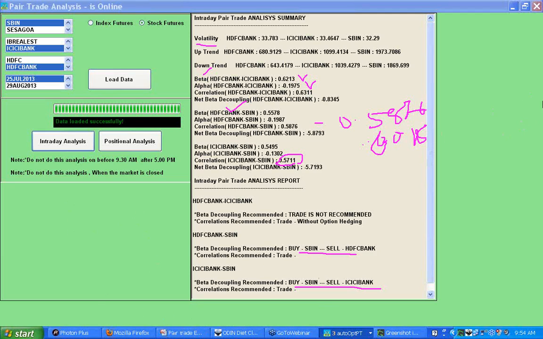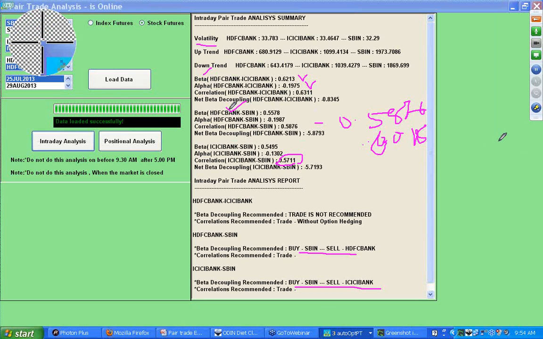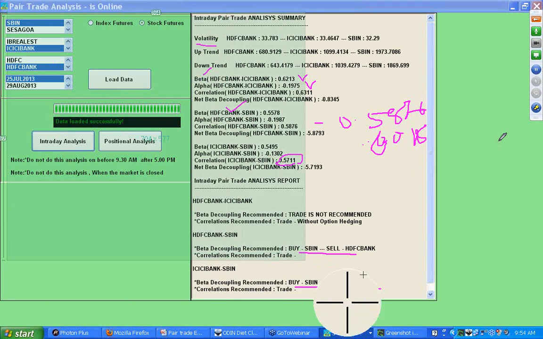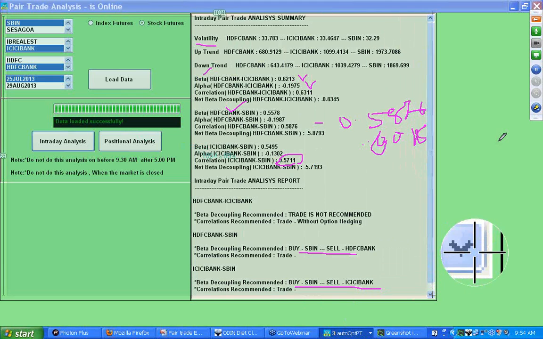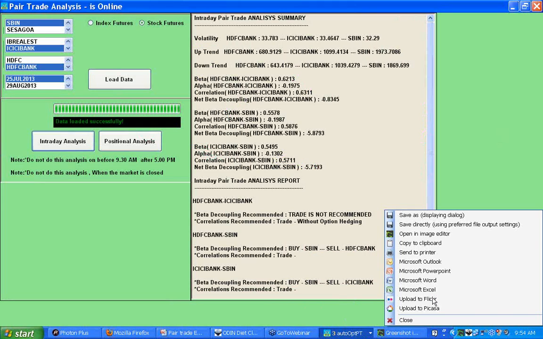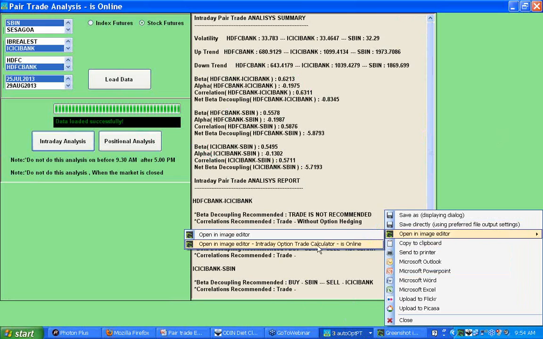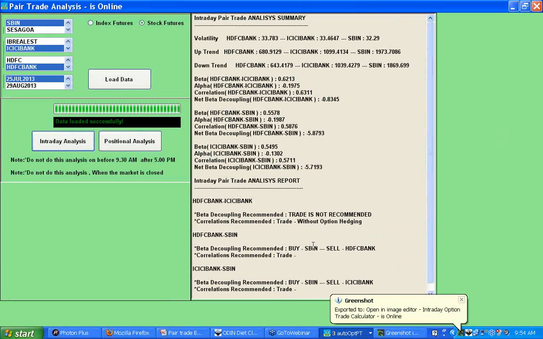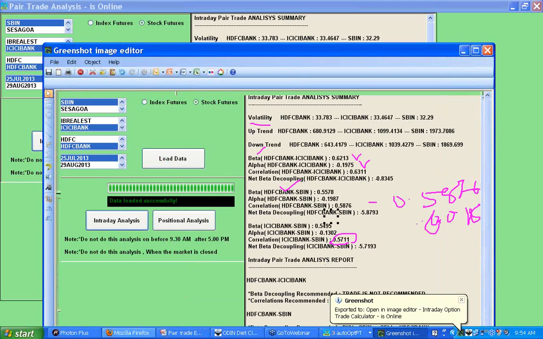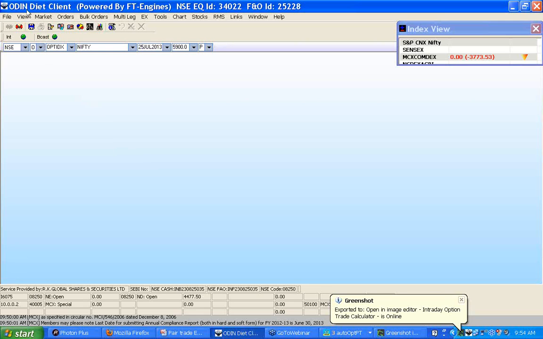If I am taking one lot from each, I am going to record this experiment and save it. For the intraday, these are the recommendations, and at day end we will follow what it has given us. So this is what we have analyzed. Let us move to the